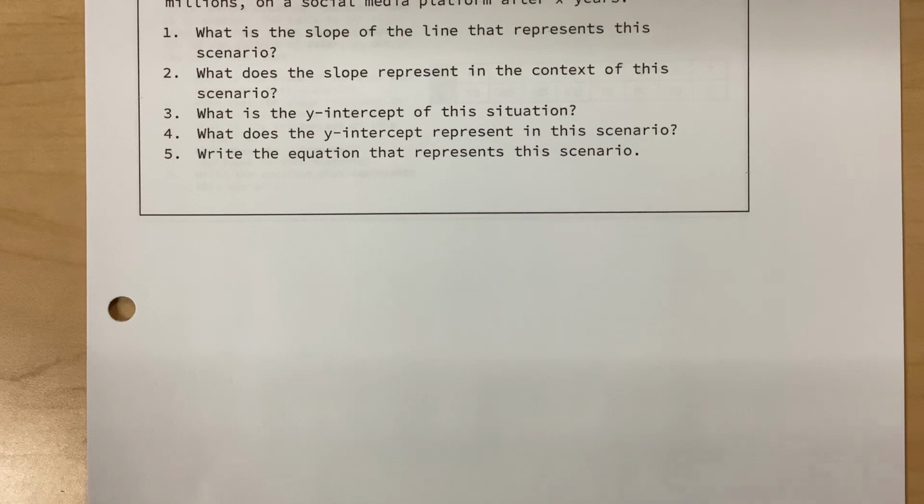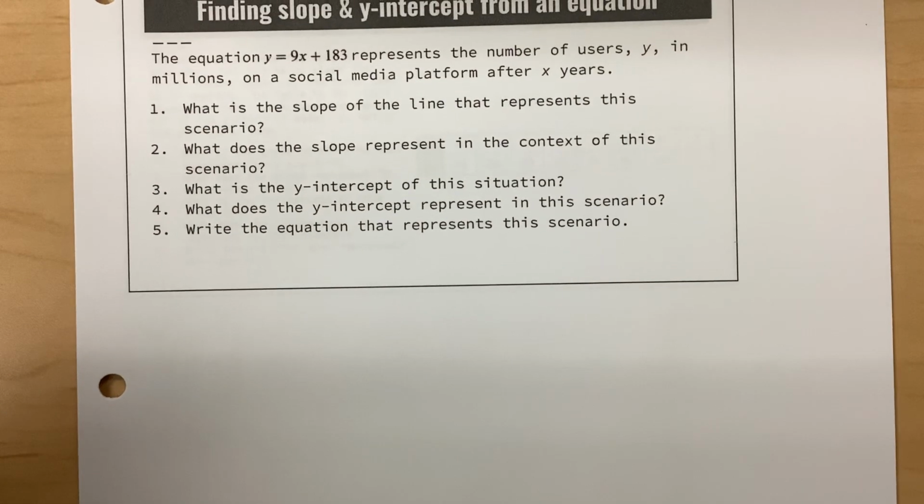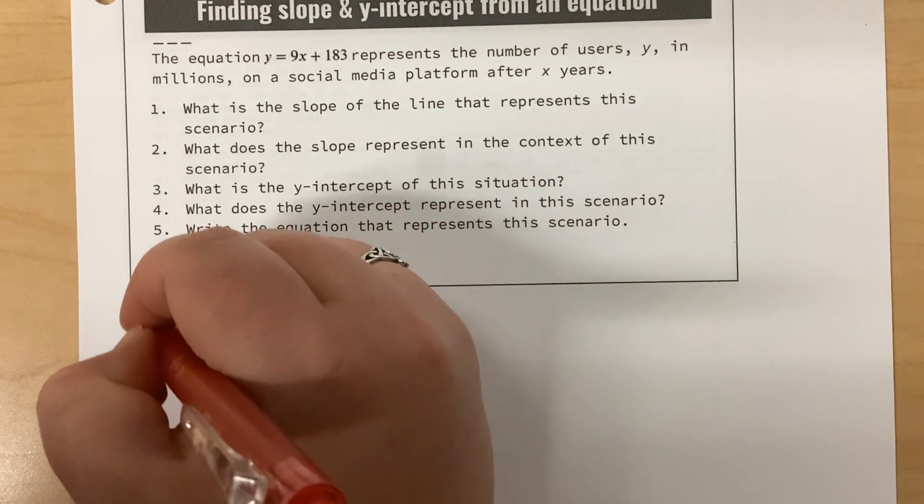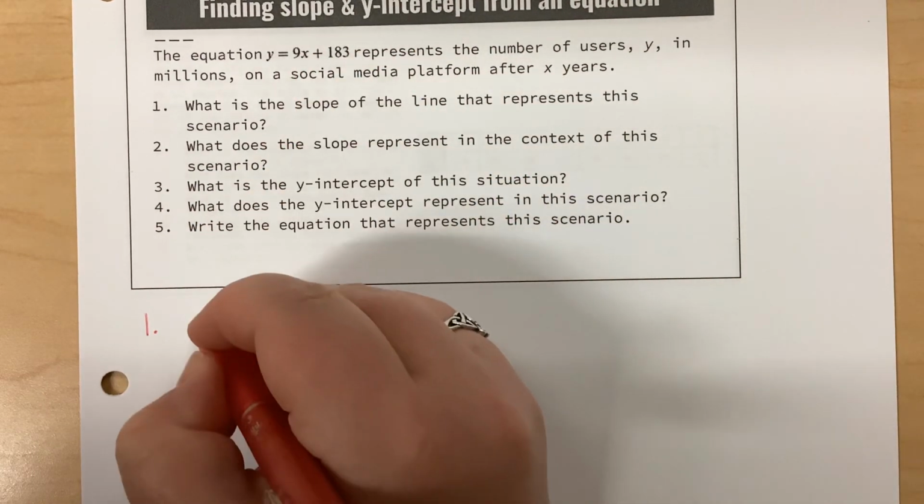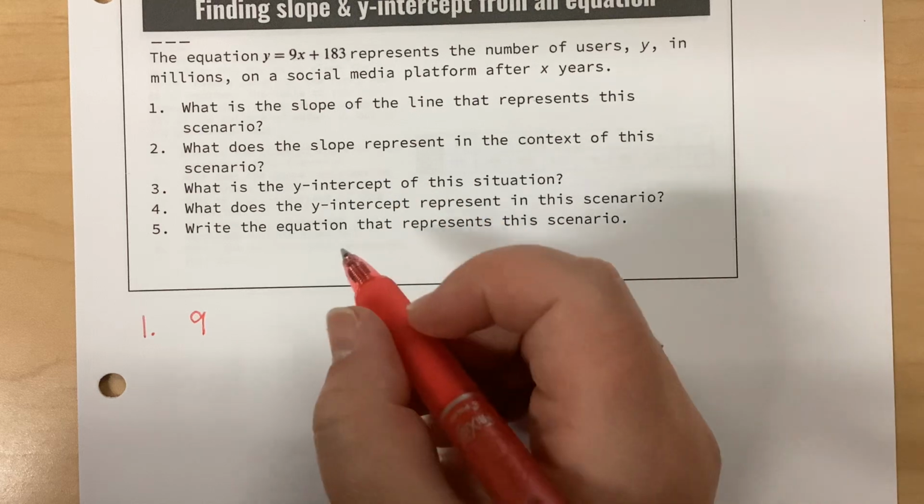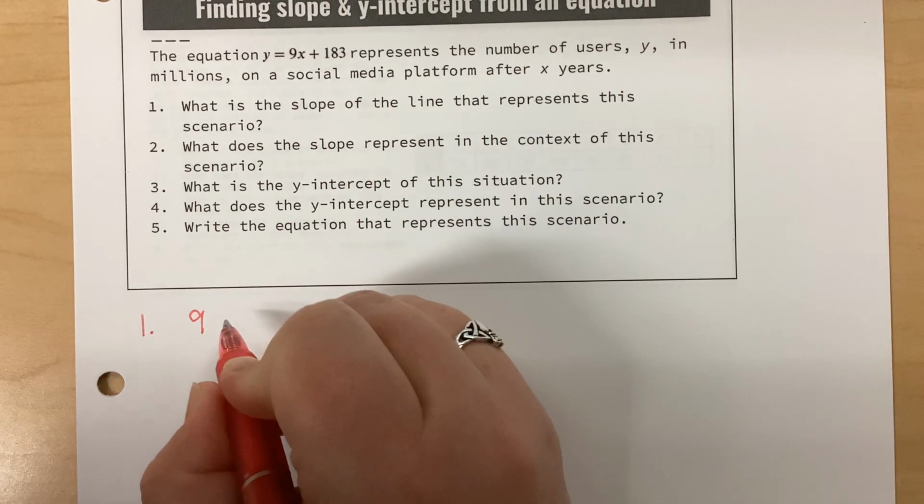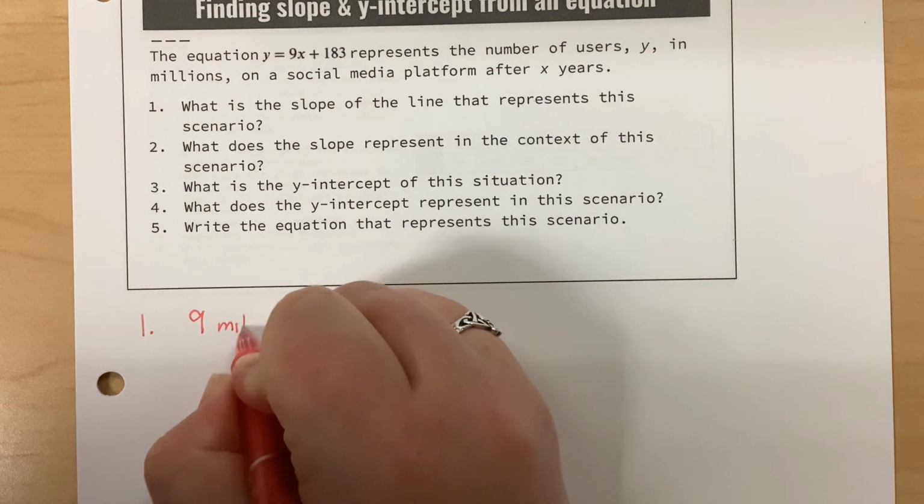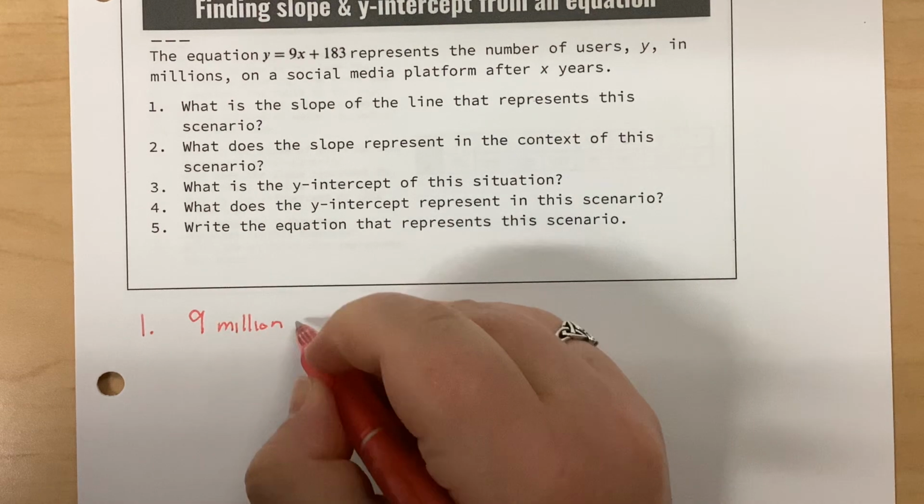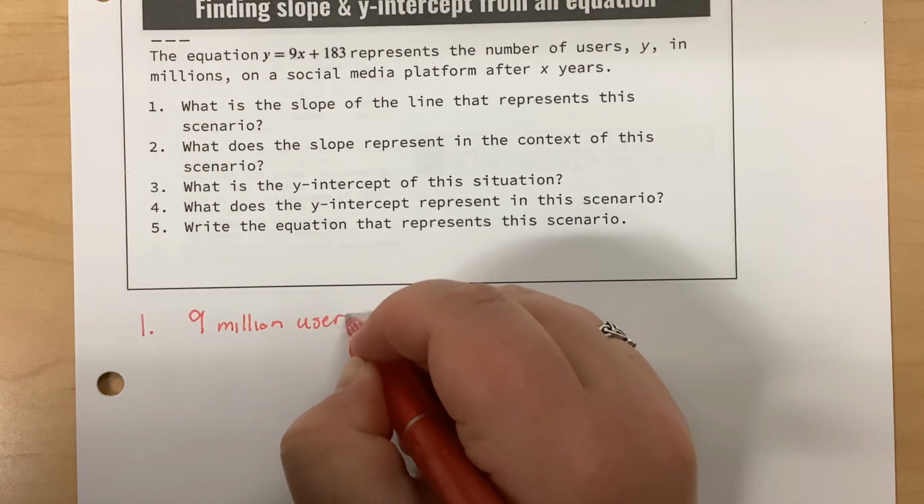It says the equation y equals 9x plus 183 represents the number of users, which is y in millions, on a social media platform after x years. All right, same idea. What is the slope? In this case, the slope is 9, and I suppose we should be putting labels on this. So this is 9 million users per year,